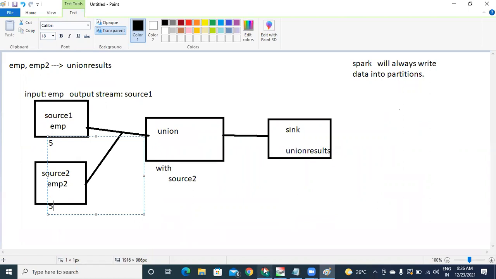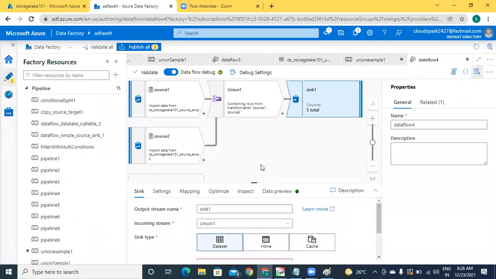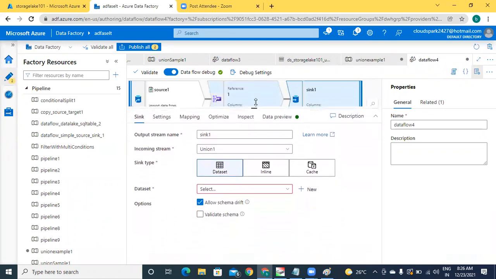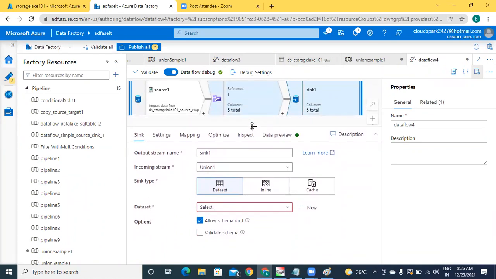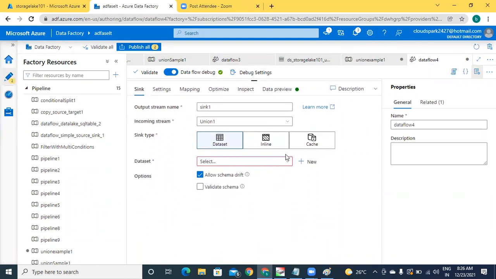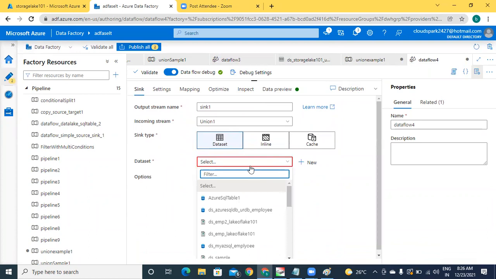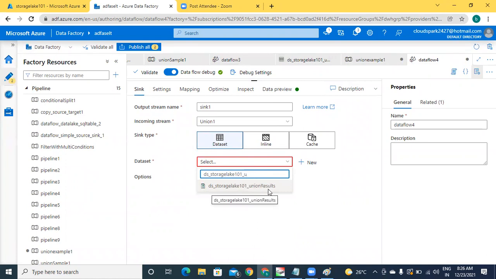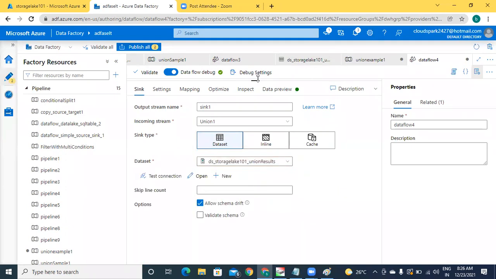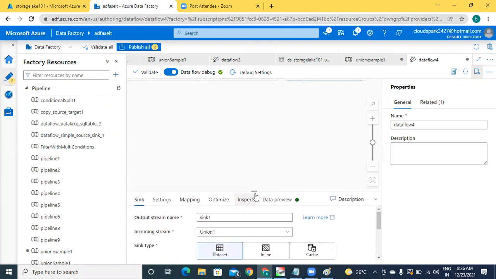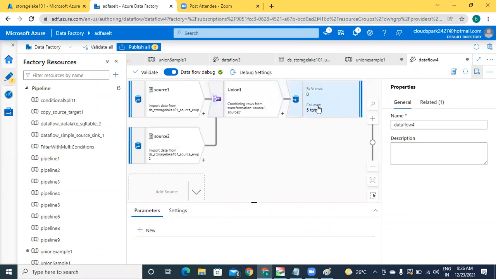I'm giving that one, union results, under sink. Where is the data set option here? ds_storage_lake101_union_results. This is our data set. The data set is configured perfectly. Now this is our entire data flow.